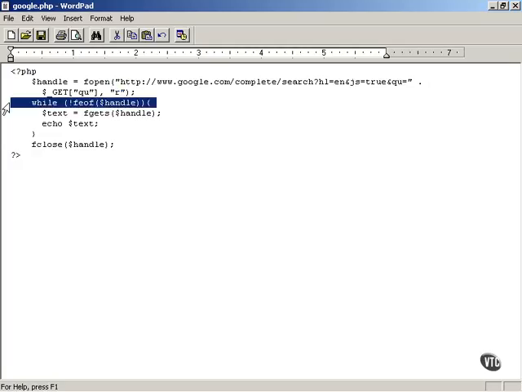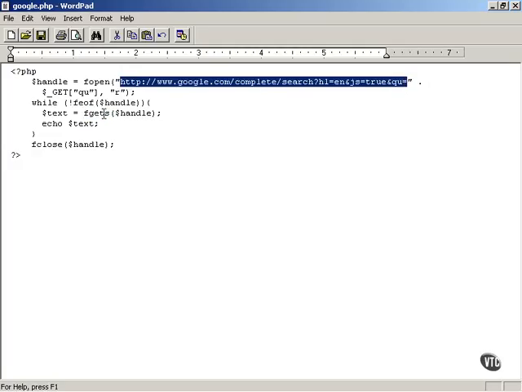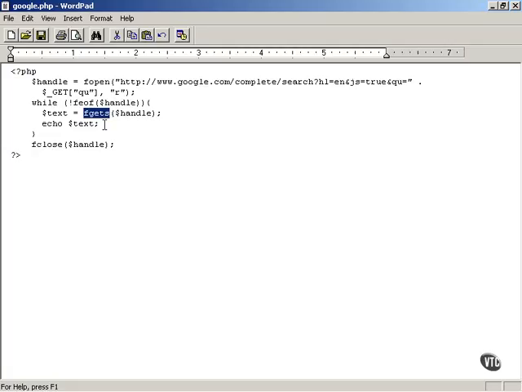You read the data from the file using the end of file PHP method. So this says while you have not reached the end of the file, keep reading from the file, which is actually this URL, with the fgets that says you get a string from that file. So you're repeatedly getting text from that file, which is simply the URL at Google Suggest,